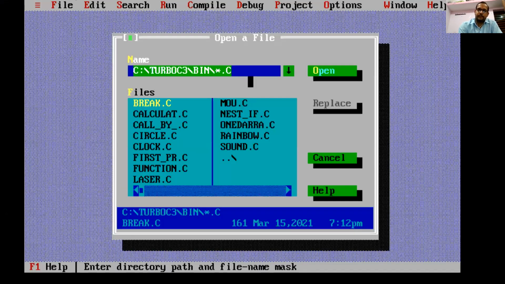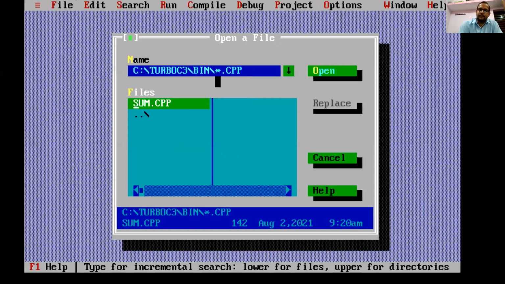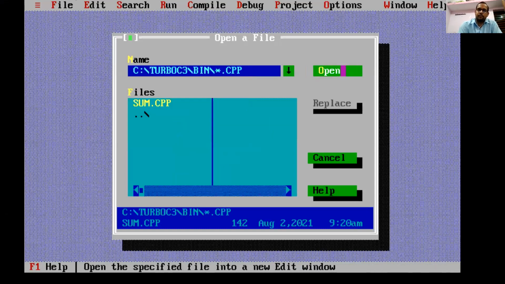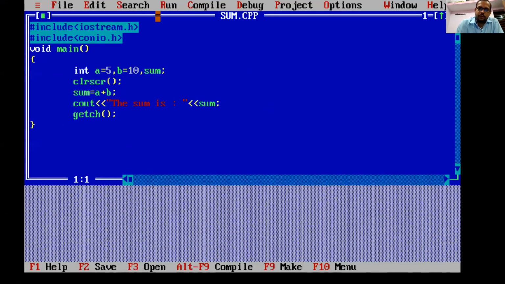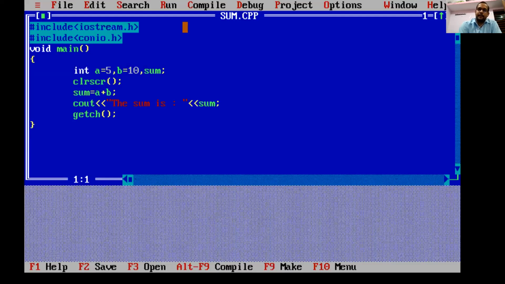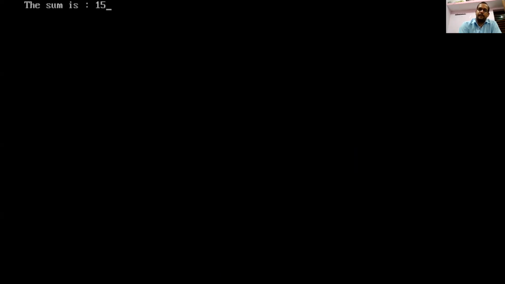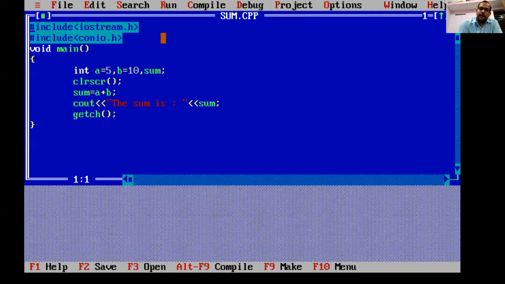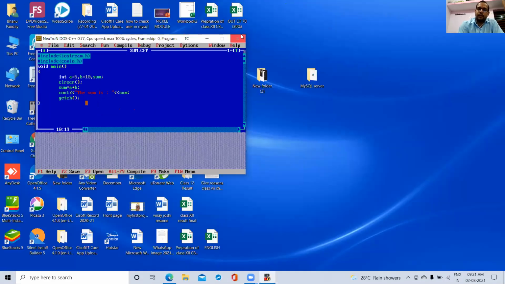I have saved my file as sum.cpp, then click on open. Now the program is opened. Go to run and see here the sum is 15. It shows only 1 time. Why? Because every time it clears my previous screen by using the function clrscr. So this is the way you can make your program.